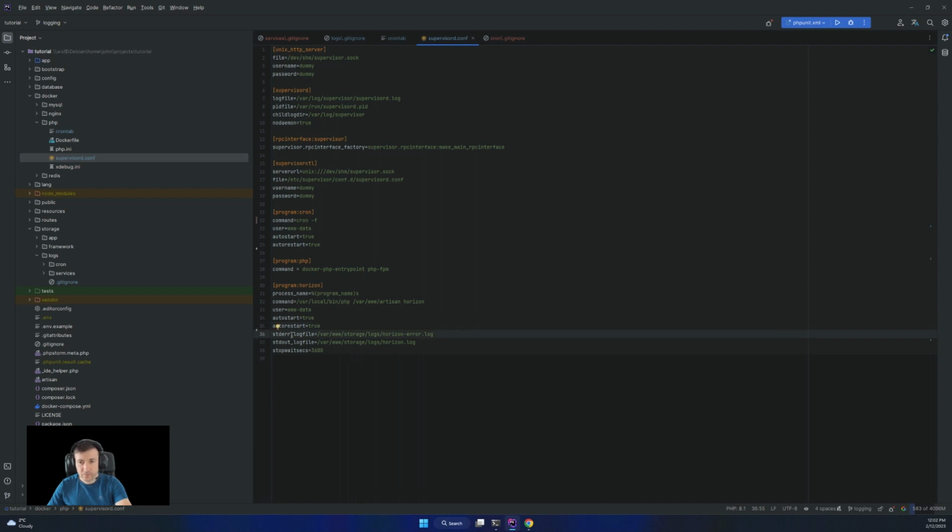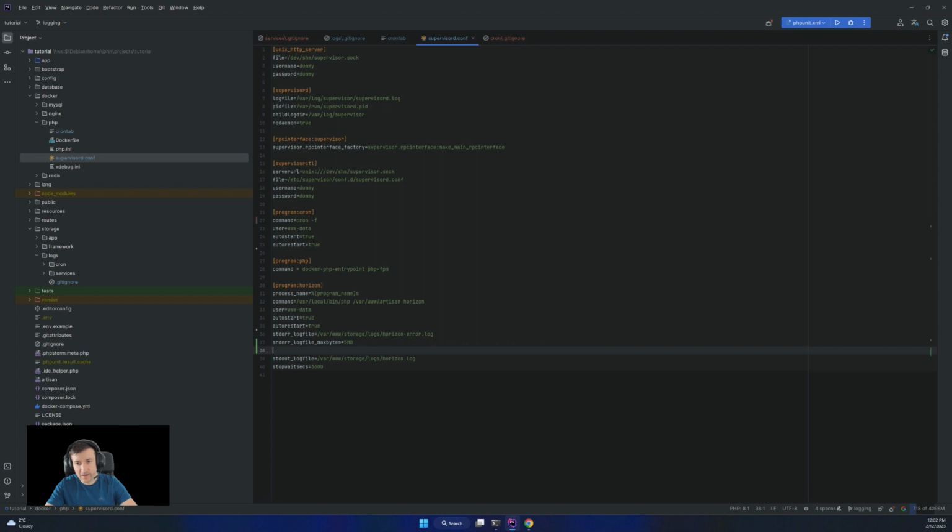So we have a stderr log file. I'm going to add another value in here, which is stderr log file max bytes, and I'm going to set it to 5 megabytes.